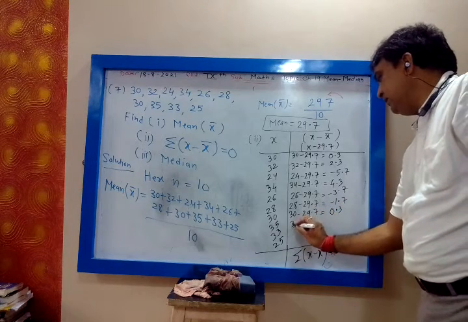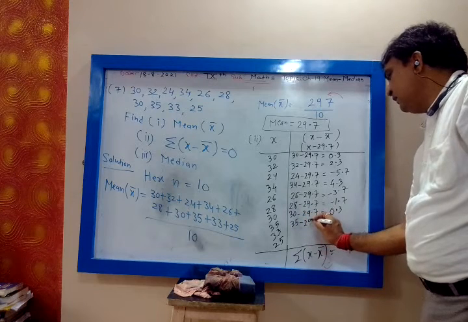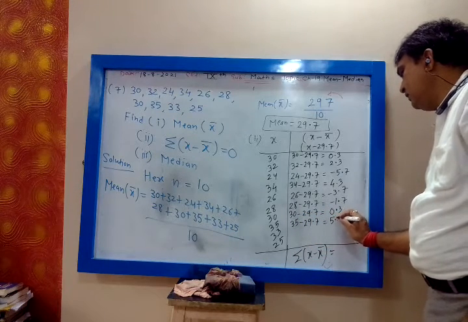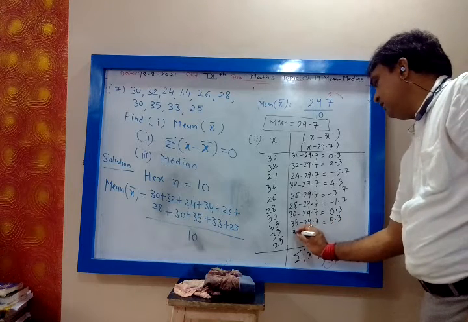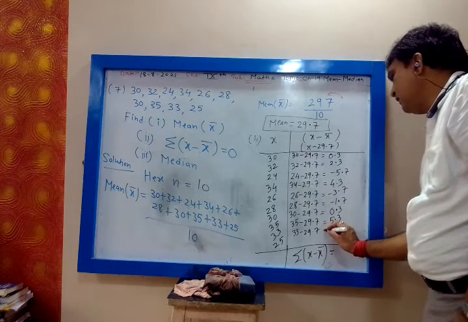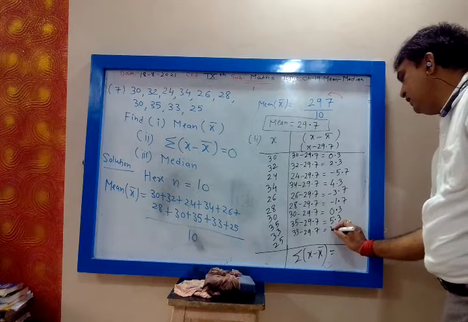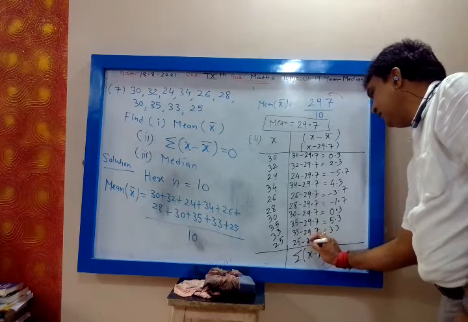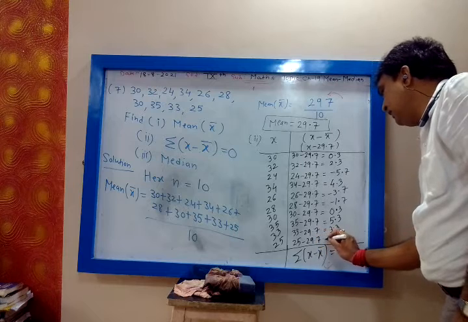Then 35 minus 29.7, how much? 5.3. Okay. 33 minus 29.7 is 3.3. Okay. Then 25 minus 29.7, minus